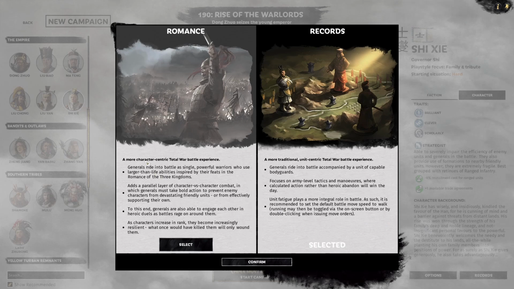Romance mode is more of a character-centric Total War battle experience, where we have faction leaders and generals who are single-entity, powerful units on the battlefield that can go 1v100, 1v1000. Now we're going back to the more traditional unit-centric Total War battle experience. So for those of you whose first experience in the Total War genre has been Three Kingdoms, you're pretty used to